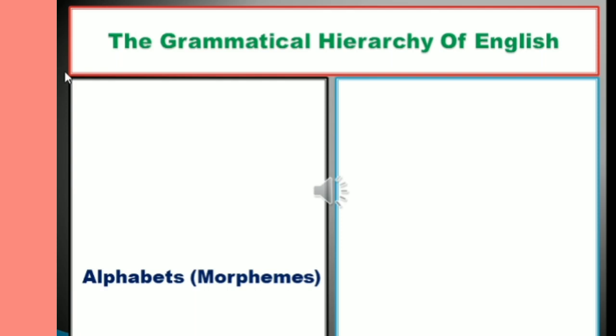A morpheme is the smallest linguistic part of a word that can have a meaning. In other words, it is the smallest meaningful part of a word. For example, if we take the word unbreakable, here un, break and able are the three parts, and these three parts are morphemes which help to form a word.